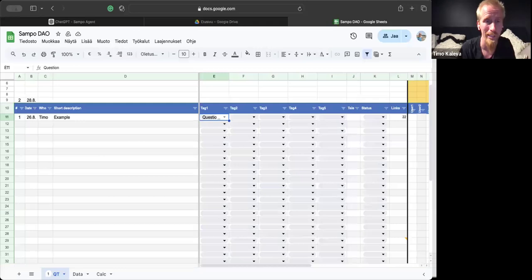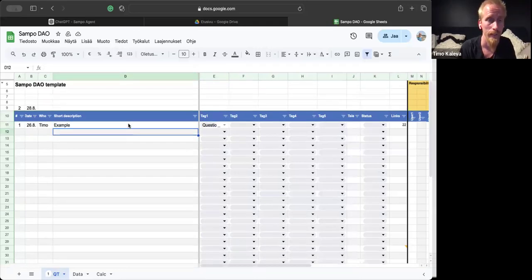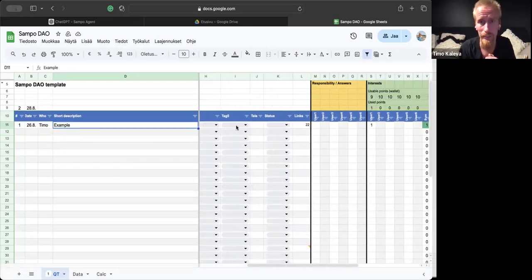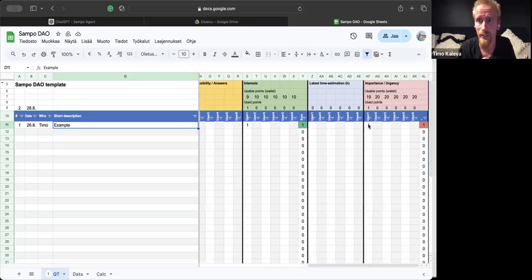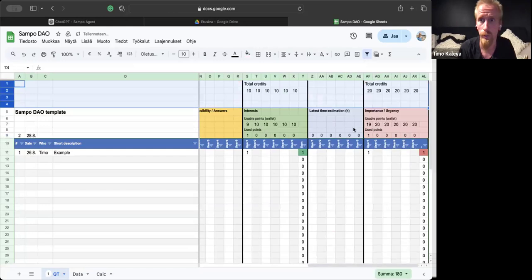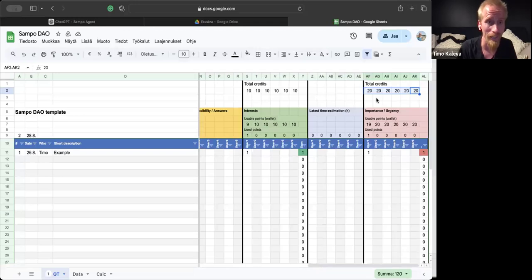We can, for example, create a list of questions from each one of us, and see here whoever is active in the group. We can start spreading our points. Each can have, for example, 20 points, or if the DAO needs to rely on certain meritocracy rules, some people can have more points than others. Probably it's good to keep it so that whoever is the most active contributor should have more points than others. Then we can start staking whatever we believe is important,